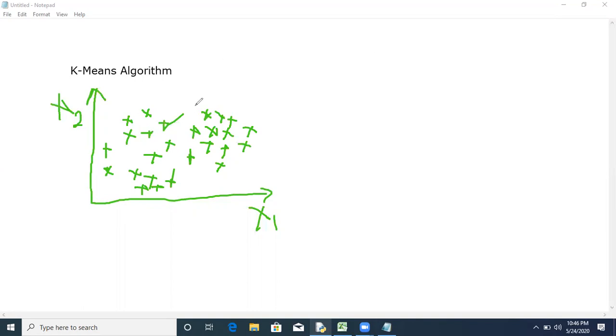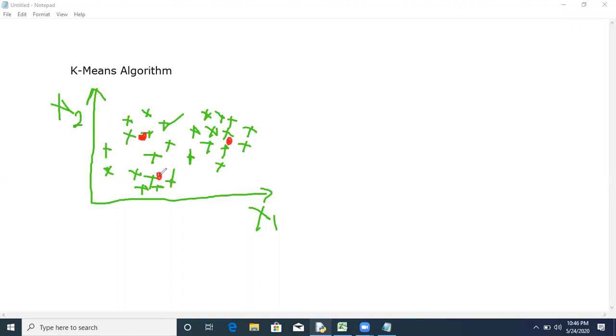We have already discussed the theoretical part of k-means in our previous session on machine learning, an overview of machine learning algorithms. You can visit that session for more discussion on the k-means algorithm. Now we will consider the initial centroids first.